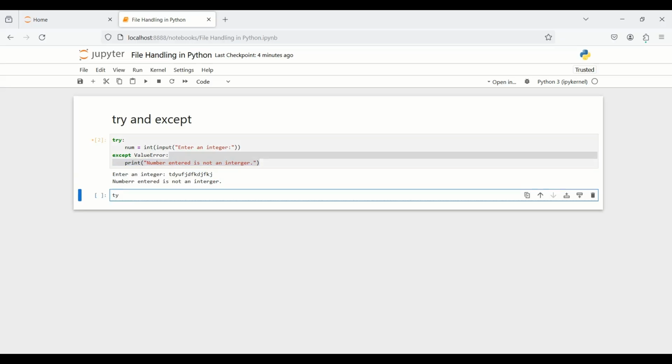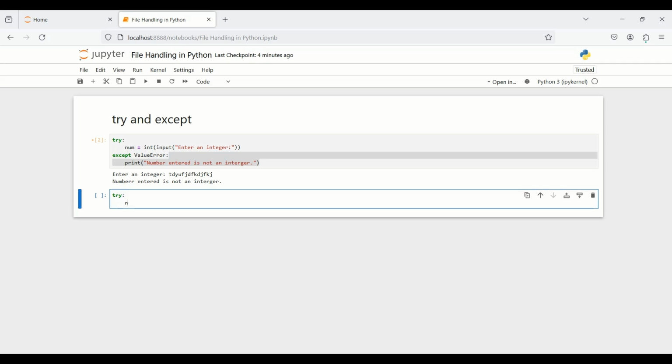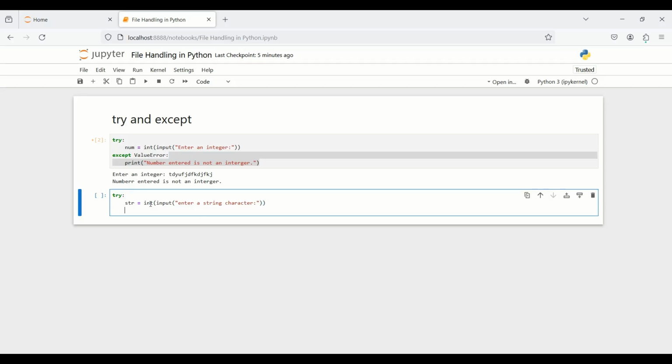Similarly, try: str equal to int(input), enter a string character, and this is str. Now in the except block